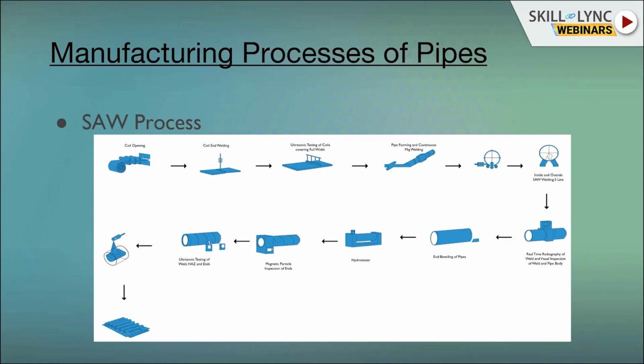Okay, so different kinds of defects are there, like porosity, undercut, and burn through. That will be covered under weld defects. Online only, real-time radiography is done of the weld, and visual inspection for a particular pipe. After that, the end preparation of the manufactured pipe: it is a straight cut.